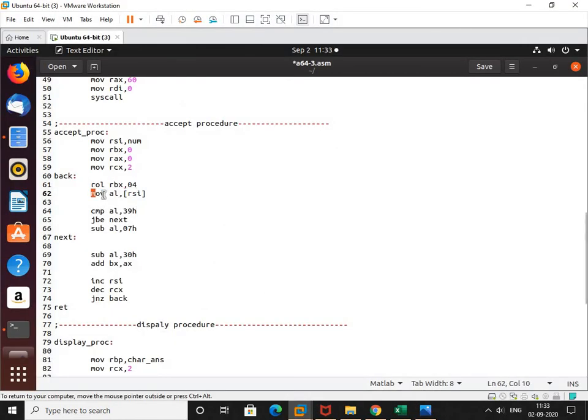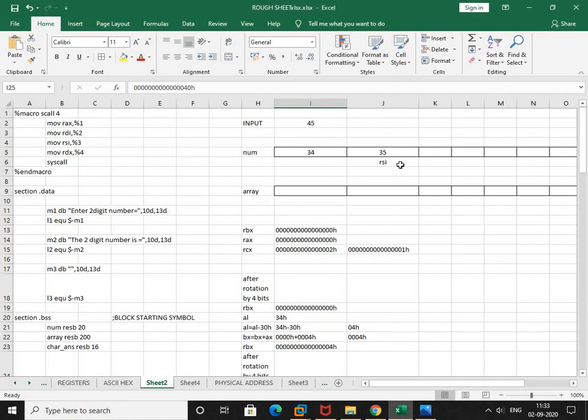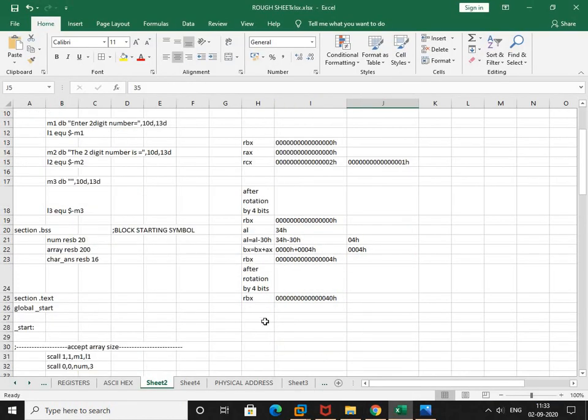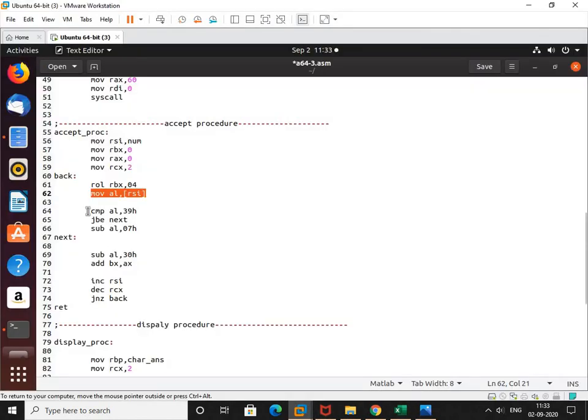Next, now move the content of RSI into AL. Now what is the current content of RSI? It is 35. So again AL will become 35H. Now compare with 39H. 35H compared with 39. It is below 39.